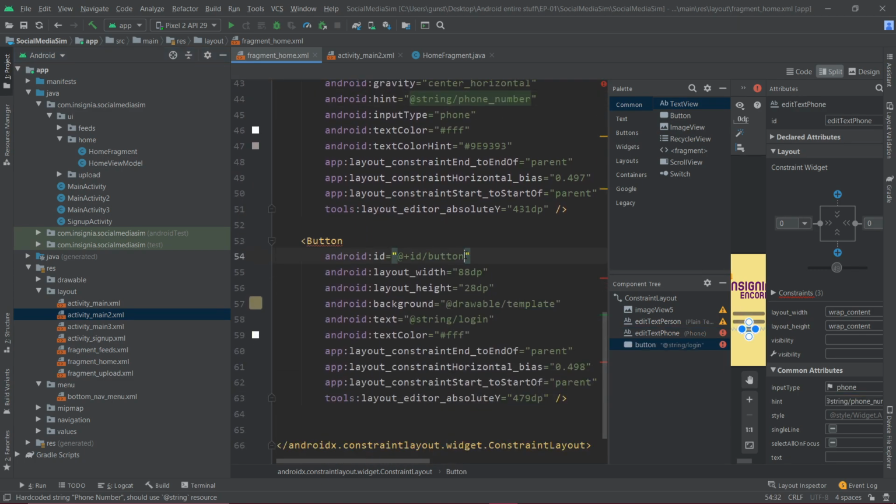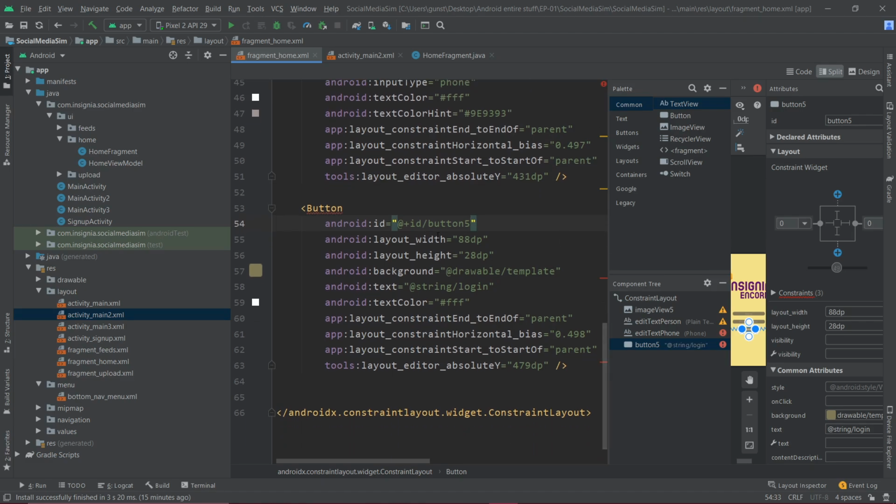And this button is going to be named something like button 5, and we're going to put an ID like update.